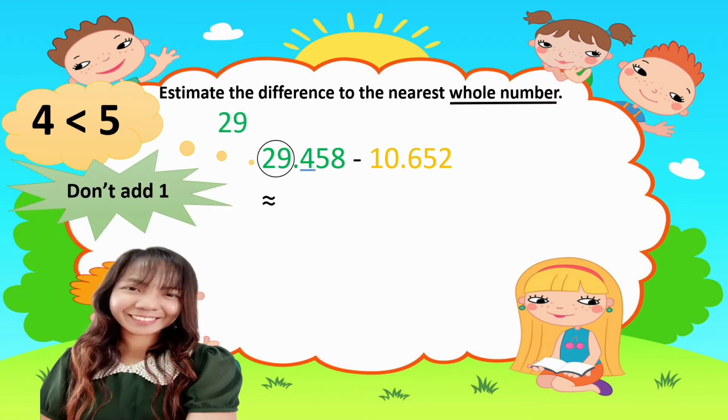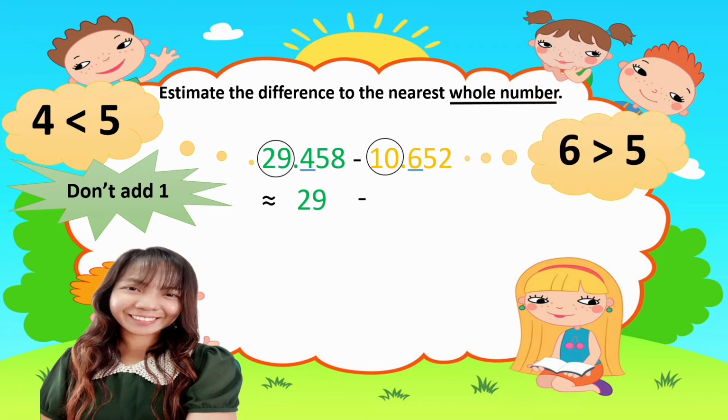So the number is just the same, 29. Next, the whole number here is 10. The next number is 6. 6 is greater than 5, which means you have to add 1. 10 plus 1,